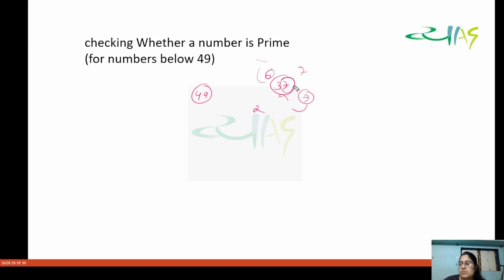तो देखिए 2 आपको पता है 2 से ये डिविजिबल नहीं है, 3 से ये डिविजिबल नहीं है, 5 से ये डिविजिबल नहीं है, ठीक है ना। इसके नीचे आपके पास प्राइम नंबर नहीं है, है ना, बिकॉज देखिए 2 से डिविजिबल होने के लिए लास्ट डिजिट पे 0 2 4 6 8 कुछ होना चाहिए। 3 से डिविजिबल होने के लिए सम ऑफ द डिजिट शुड बी डिविजिबल बाई 3। और 5 से डिविजिबल होने के लिए आपको पता है कि 5 जो है वो लास्ट प्लेस पे होना चाहिए या 0 होना चाहिए। ओके, तो हमको ये पता चल जाता है कि दिस 37 इज अ प्राइम नंबर।